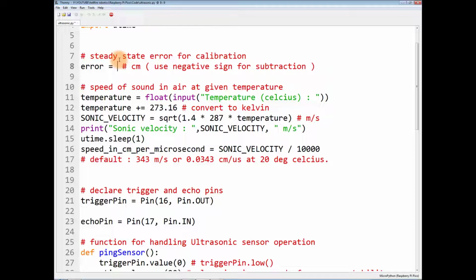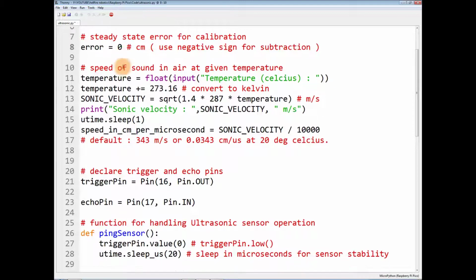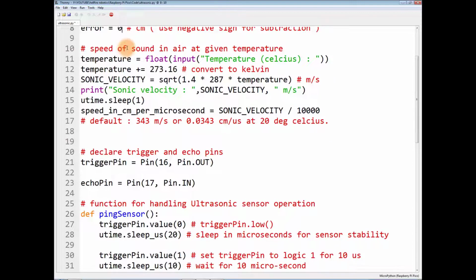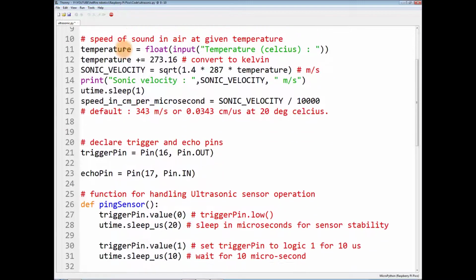It will be added to the value calculated by the sensor, which is used for calibration, and it will be applied to the main reading. You have to put a negative sign if you want to subtract, and leave it a positive value if you want to add. I will tell you about this later.